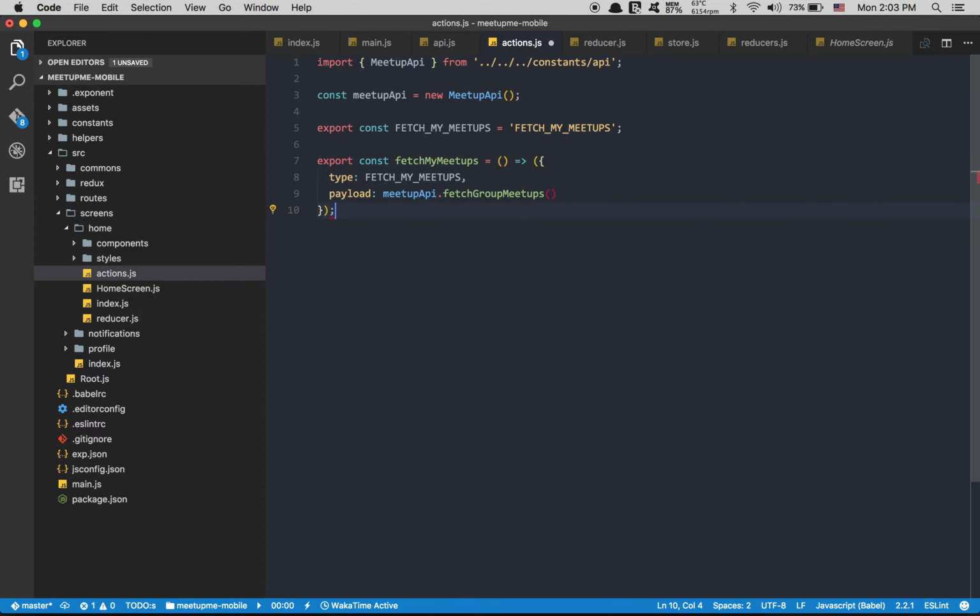So this is a promise. So by default, if I do this, I'm gonna get my fetching stuff coming from Redux with promises by default because of the Redux promise middleware. So now